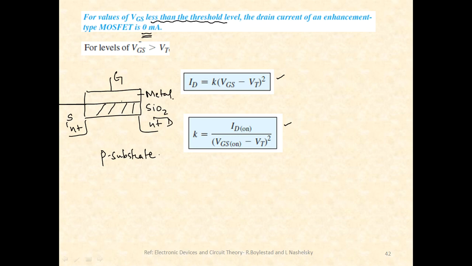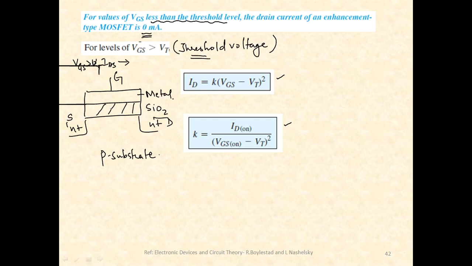If this particular structure was completely ideal without any drop, then the moment I apply VGS greater than 0, current would have flown like this. However, this silicon, the P substrate, is of silicon material and it has some drop. It has some inherent potential, which is determined by VT. So that's the threshold voltage.